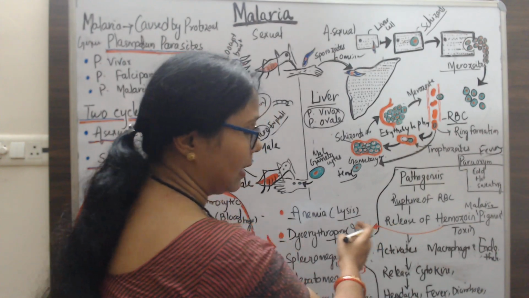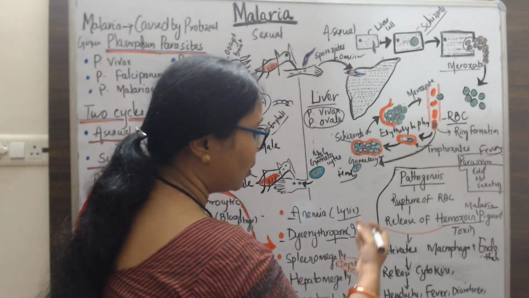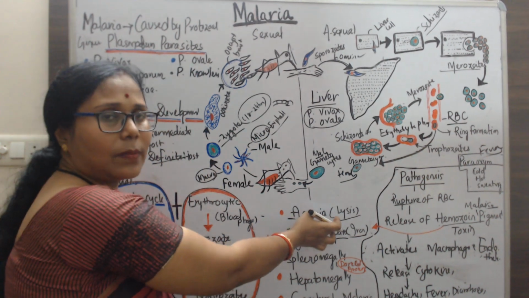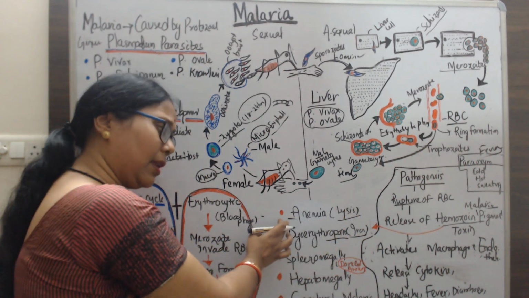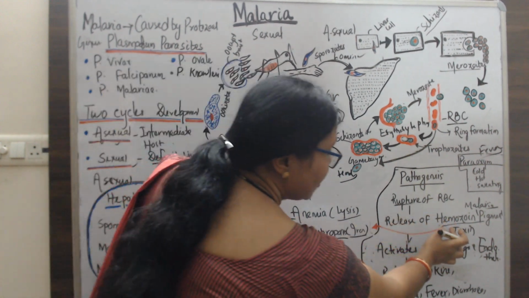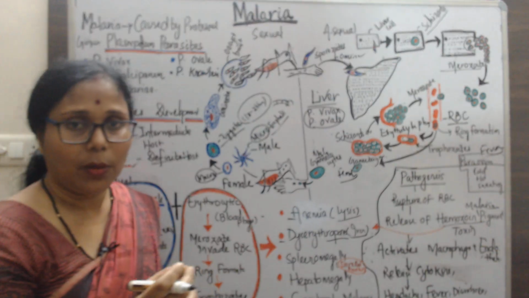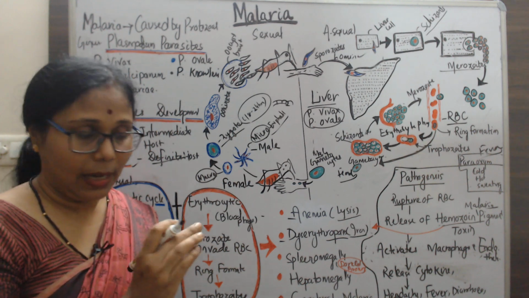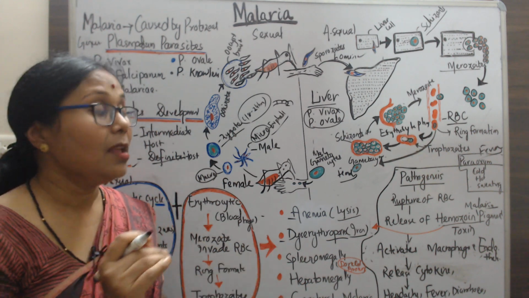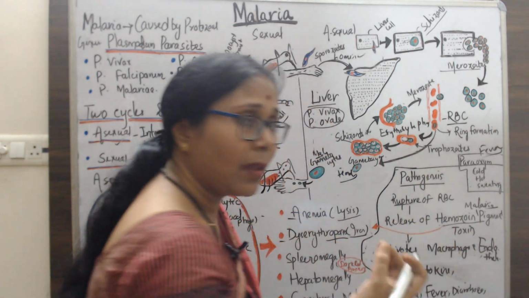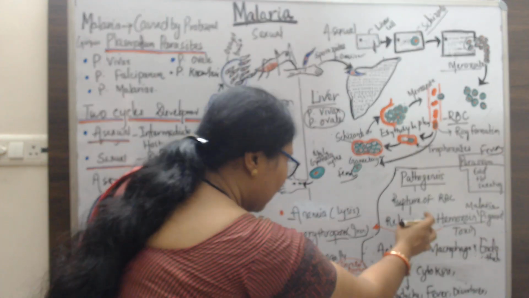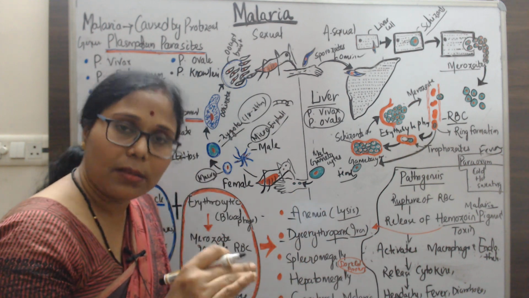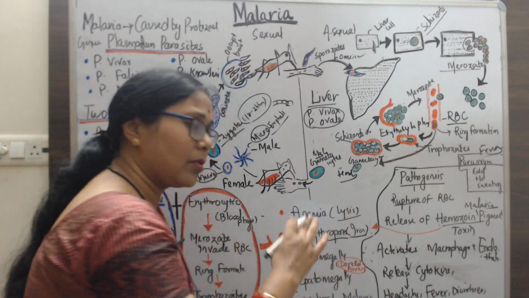If malaria continues for a longer time, then anemia will occur, because lysis and breakdown of the RBCs is going on. And hemozoin pigment is formed. In hemoglobin, iron and globin make the hemoglobin. So the iron is also lost from our body, and that is why erythropoiesis is disturbed, because the iron level is depleted, so erythropoiesis will be hampered.